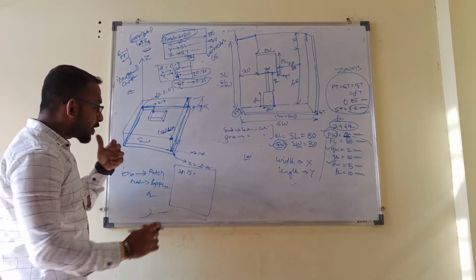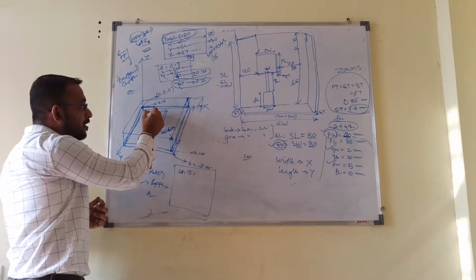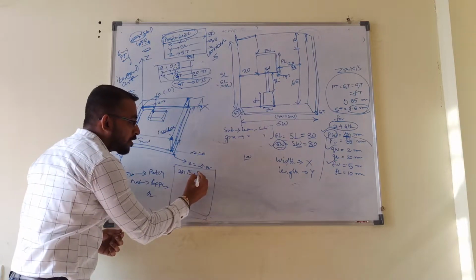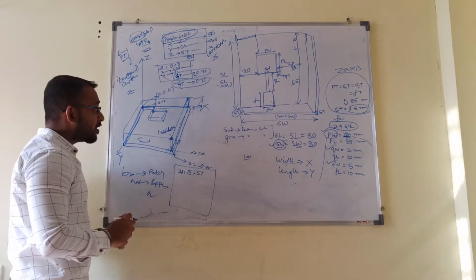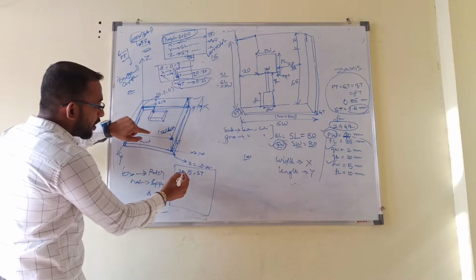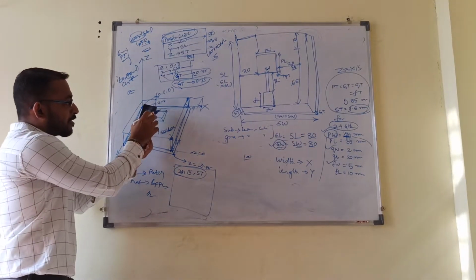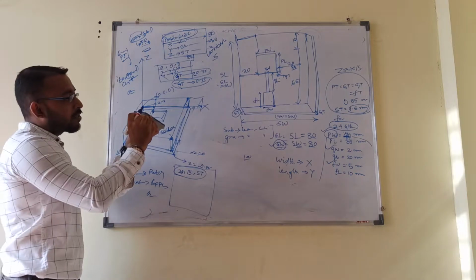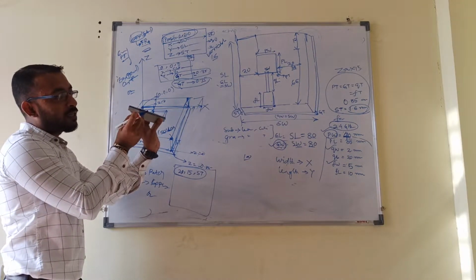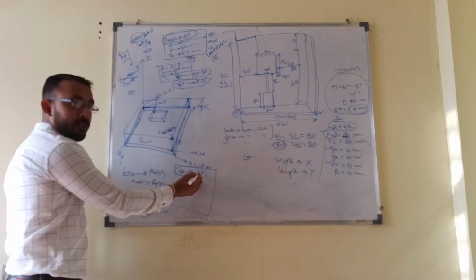Understood or not? So for the position you are moving in the x axis in this direction, the y axis in this direction, and in the z axis also you have to move till the height of the substrate. So here you will move the substrate thickness. It means from the origin you started, and now you are at this position. If I keep it like this, here is my patch and here is the origin. In the x axis you have moved 20, in the y axis 15, and in the z axis you have already moved the substrate thickness.